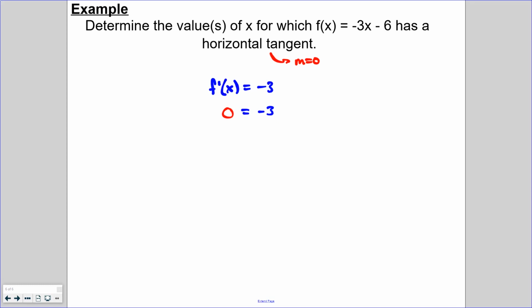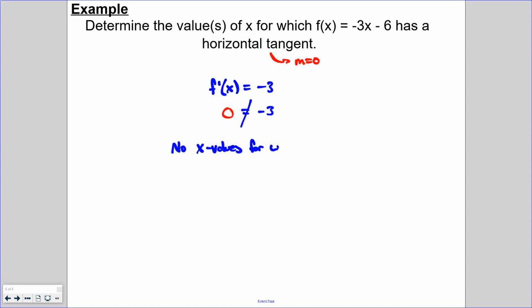But yeah, here's our problem. Negative 3 doesn't equal 0. How do we go ahead and find the x value? Well, that's a good question. We don't, because as we just said, negative 3 doesn't equal 0. So the answer is there are no x